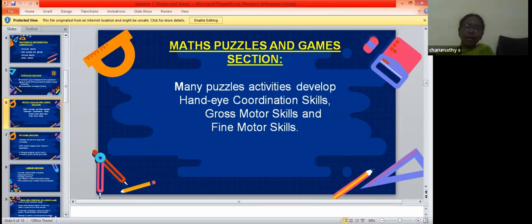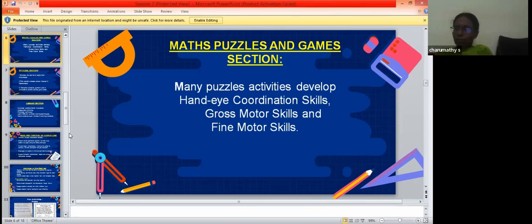Next is the math puzzles and games section. Why should this be given importance? Here, as I already discussed, all the three domains are developed. Many puzzle